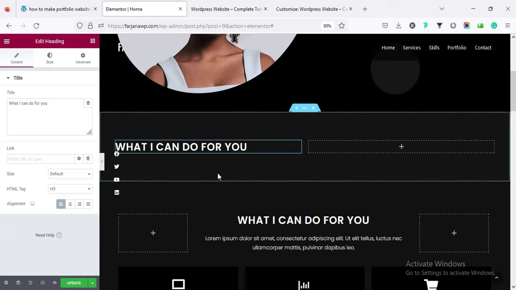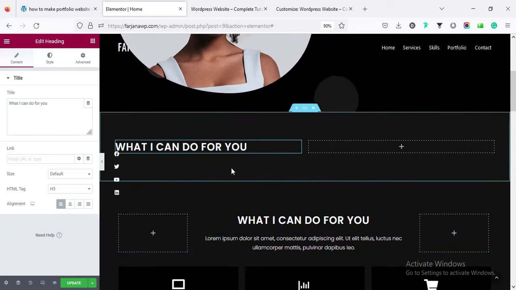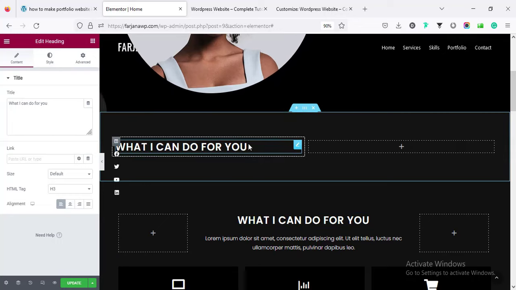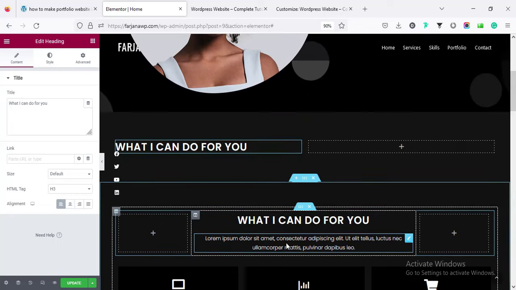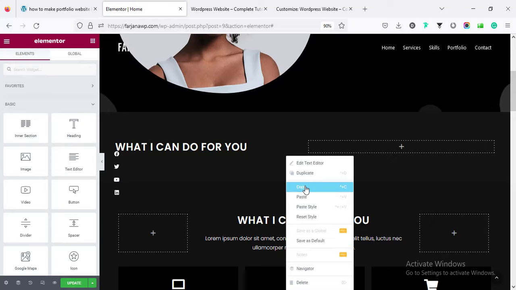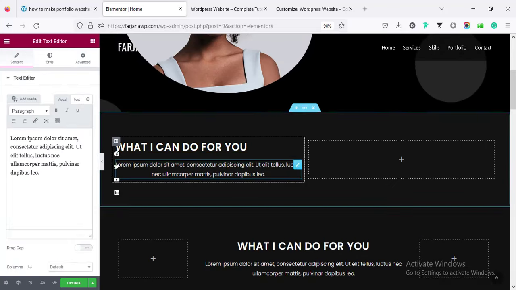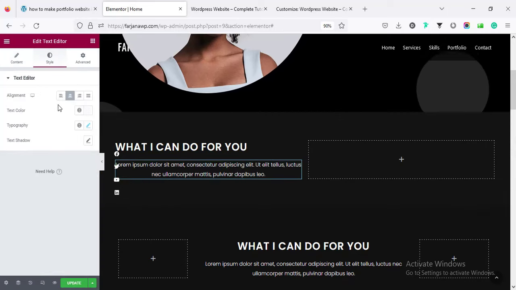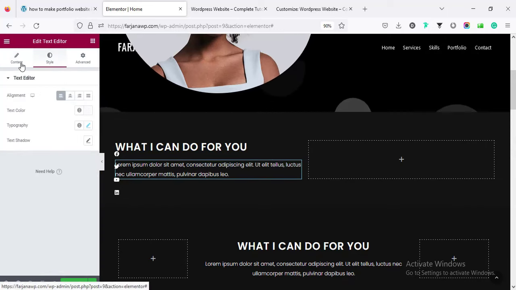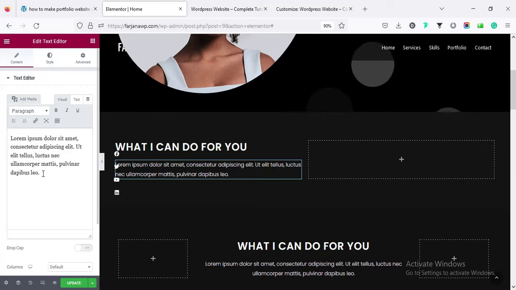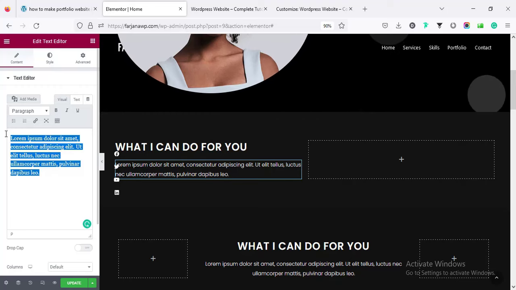Then I want to add some details. For example, if it's working as an about me section, you can add some details text about me, and the alignment I'm making left, and here I'm going to add more text instead of this,